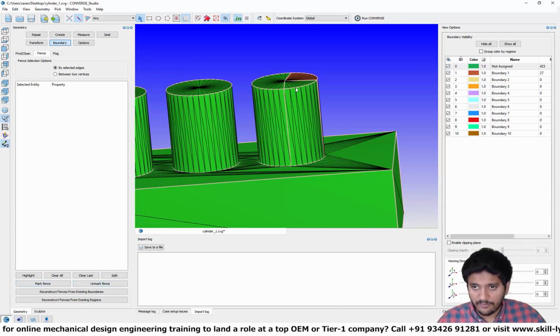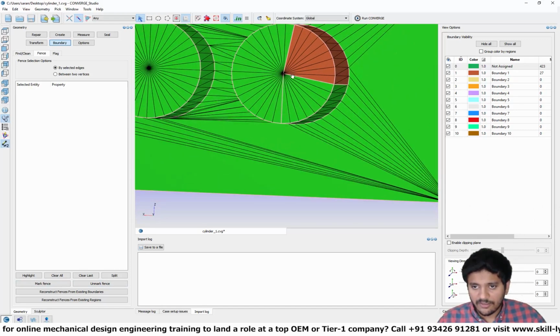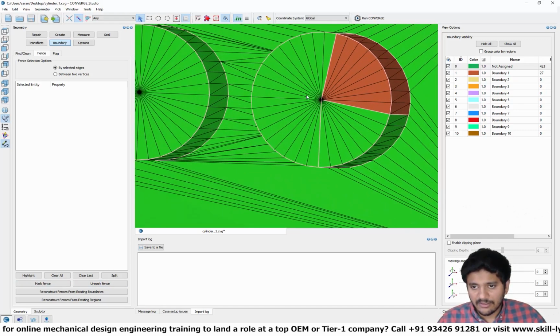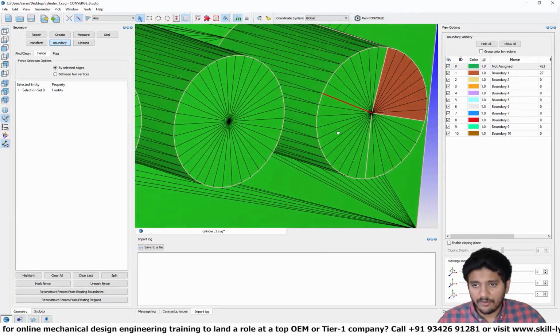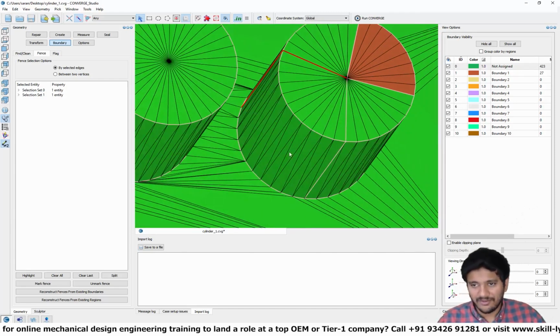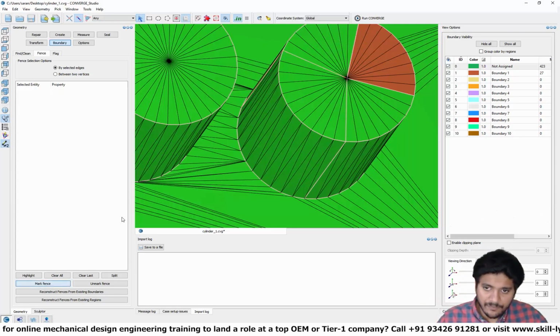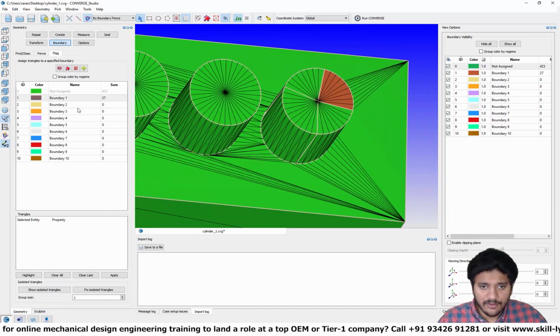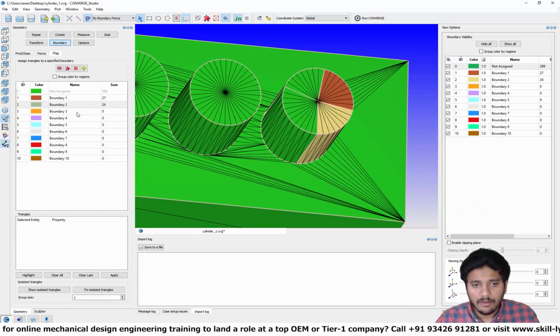I can click on mark fence. So now instead of selecting vertices, I can just select this particular edge and this particular edge. Again, I'm just eyeballing it. There's no exact way to do it. Just pick a target and try to see if you can achieve it. All right, so now if I go back to fence, use the boundary fence method, select the next boundary,